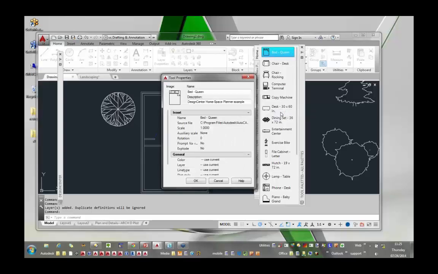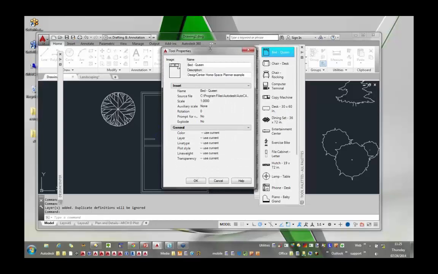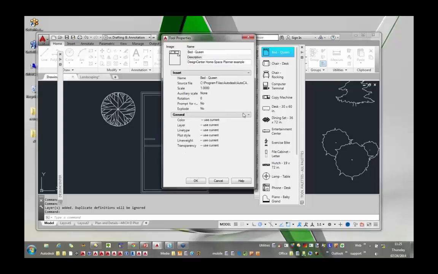But what I want to show you here are the properties. We all like to work with standards, or we should anyway, and we have our standards, and maybe we want a little consistency in how our users are working with it, or how maybe you are working with it. You don't want to think about what layer it needs to be inserted on every time. You just want to insert the block and have it be on the correct layer. So under the general options here, we have the properties of our blocks, and if we go to layer, we can actually choose the appropriate layer,